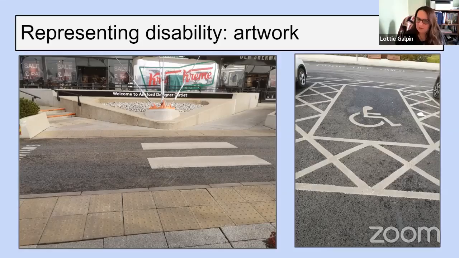And then again, if you're a teacher, you might want to go out and take photos like I did of things in real life that you can incorporate into your materials. A good way, I think, to start thinking about this is just to start looking around you. If you're a non-disabled person, you don't realize how much disability influences the world until you start looking. And then you notice that there are lots of accessible environments everywhere.